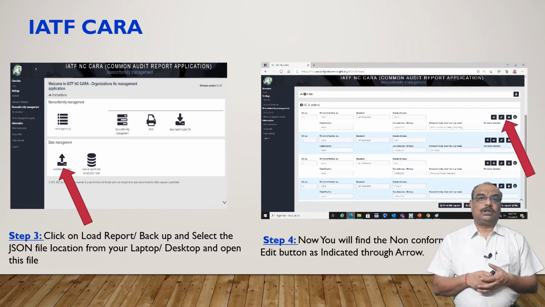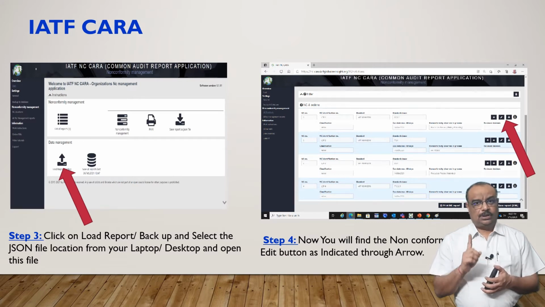So you have to click on the edit button. One by one we will close all the non-conformities. For each and every non-conformity there is one edit button, so you have to click on the edit button one by one.